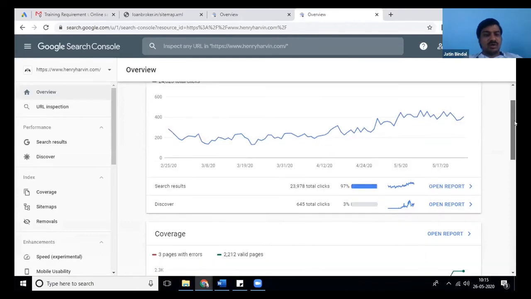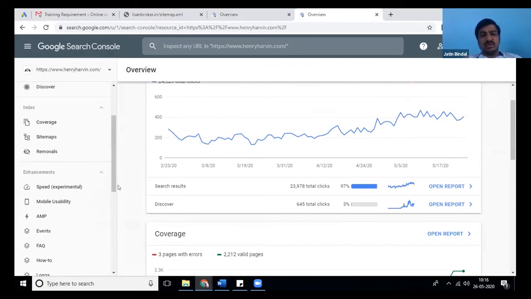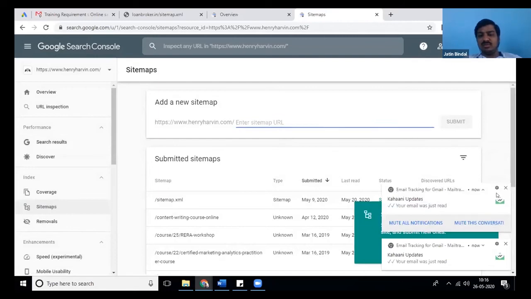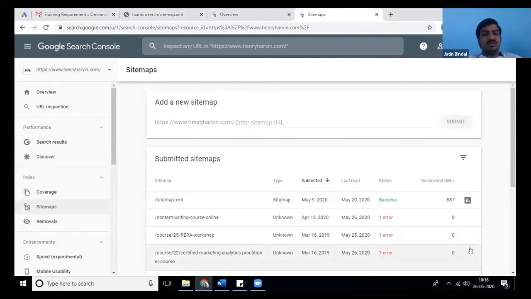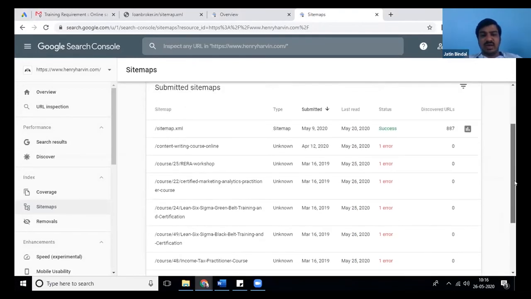For example, before that, one thing we have to do is click on sitemap. Remember the sitemap which we generated? We have to submit that sitemap. I have already submitted mine.